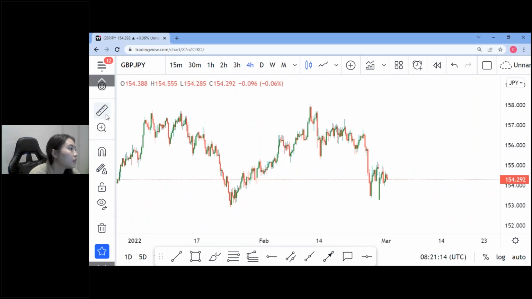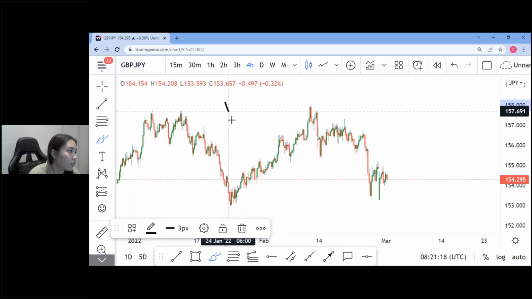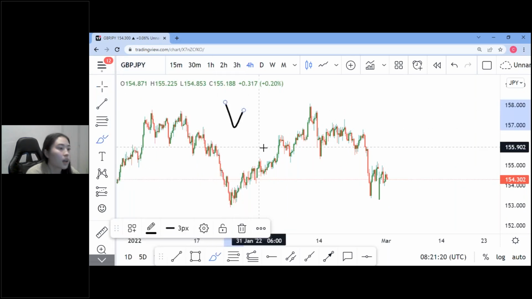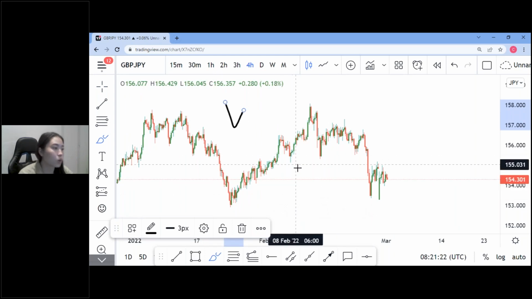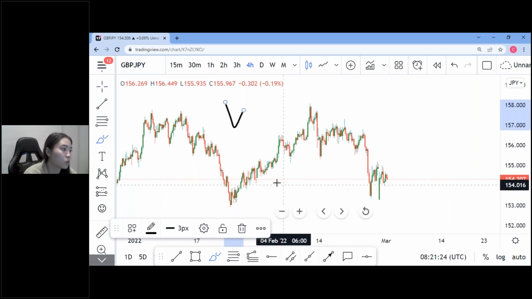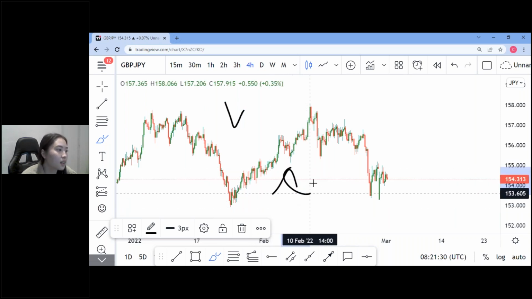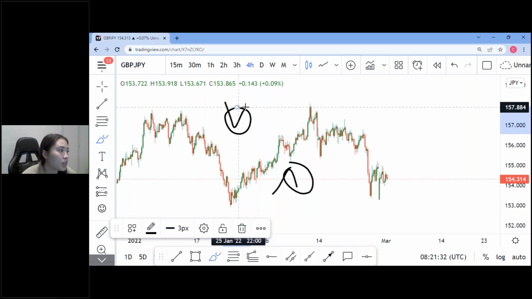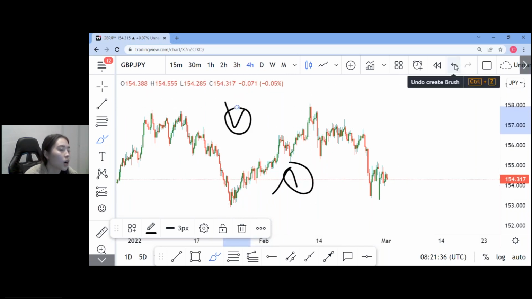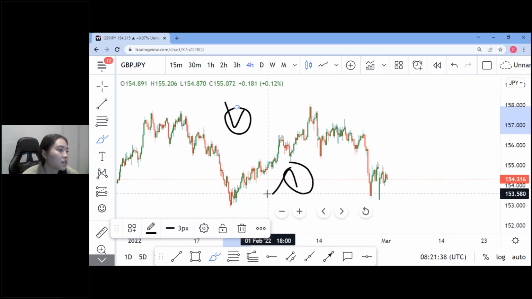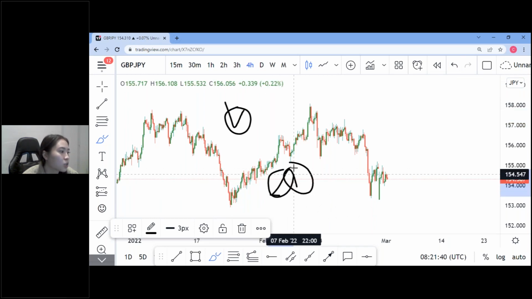Okay, just remember that when you are identifying Fibonacci retracement, it looks like a V with a shorter end. But the V can also be inverse, so it can also look something like this. As long as it's a V, inverse or not, the second part of the V needs to be shorter than the first part. So it cannot pass 0 or 100. It needs to be within this range.